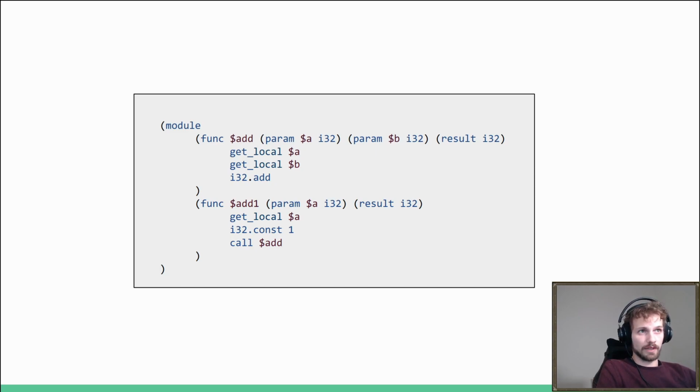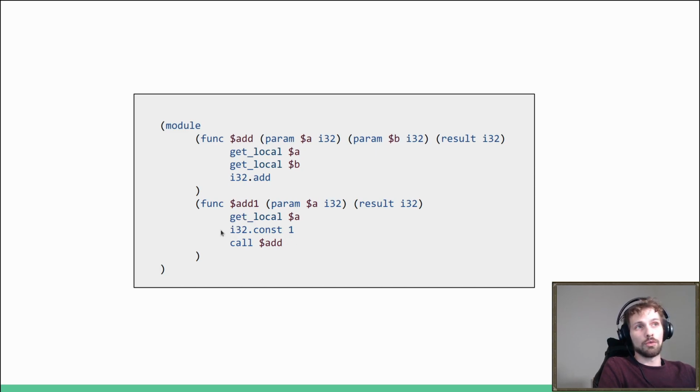So this function here, add1, consumes 1 value from the stack whenever it's called, and then it produces another value on the stack at the end of the function. So the end of this function ends with 1 result on the stack, and so add1 does not have an effect on the stack size. Consumes 1, produces 1. If you look at the body of the function, first it pushes the local variable a to the stack. So you start from the empty stack, you push a to the stack.